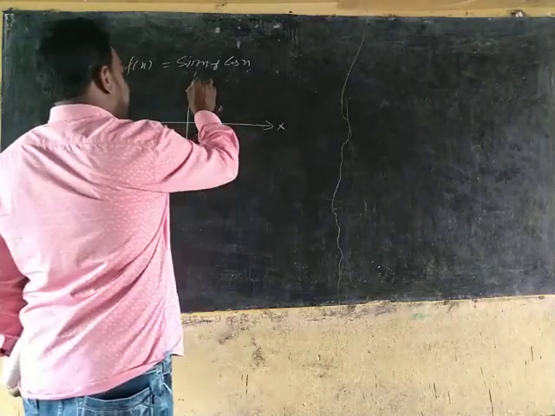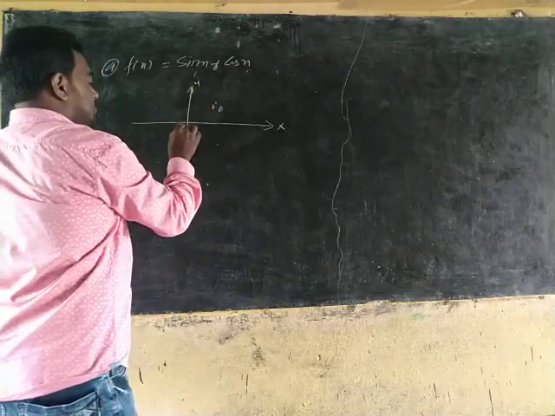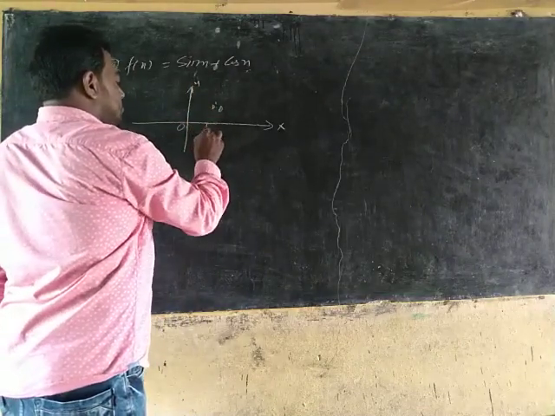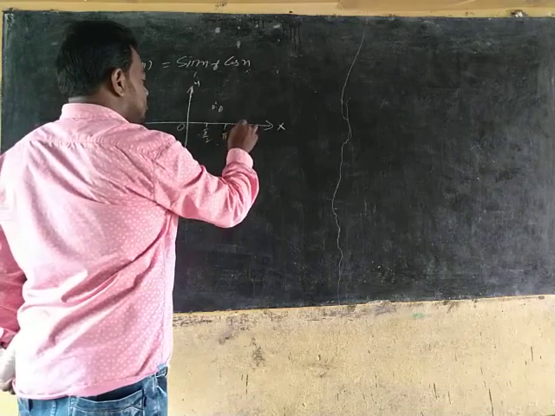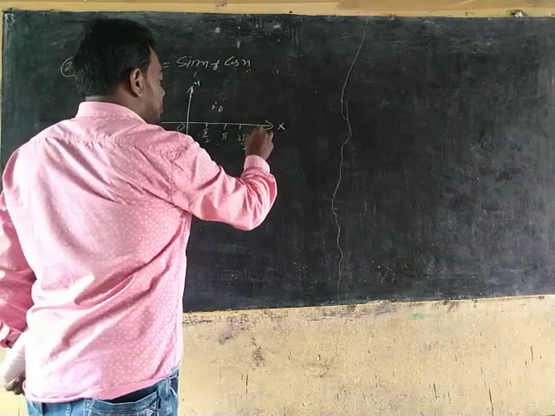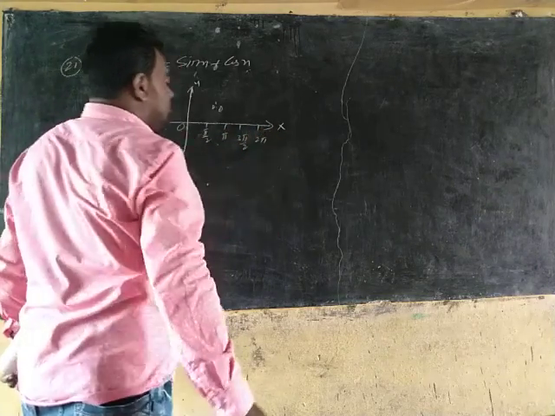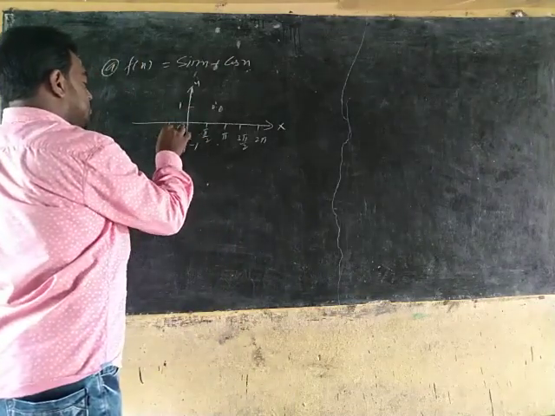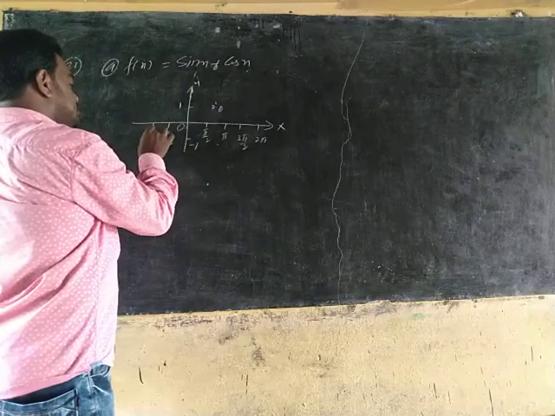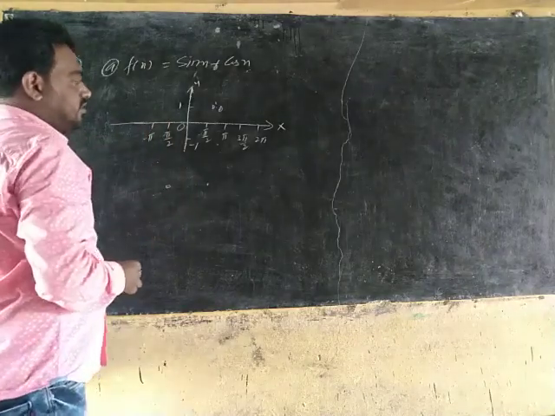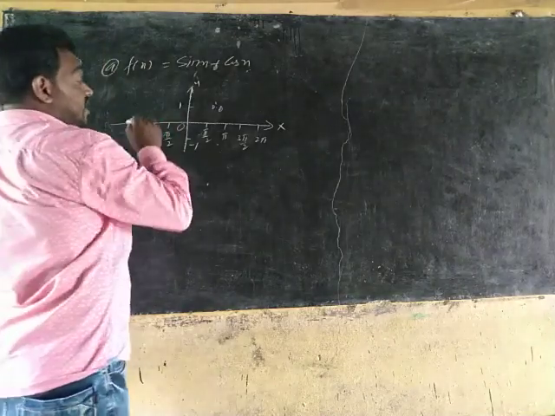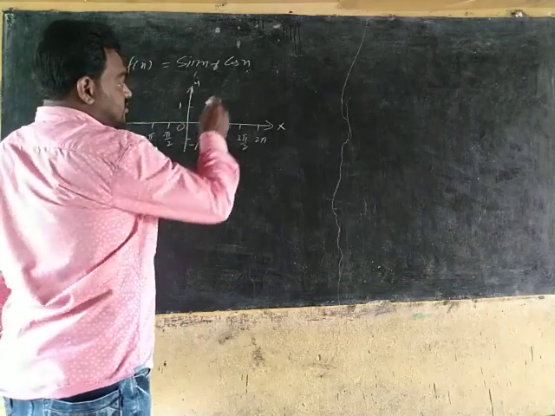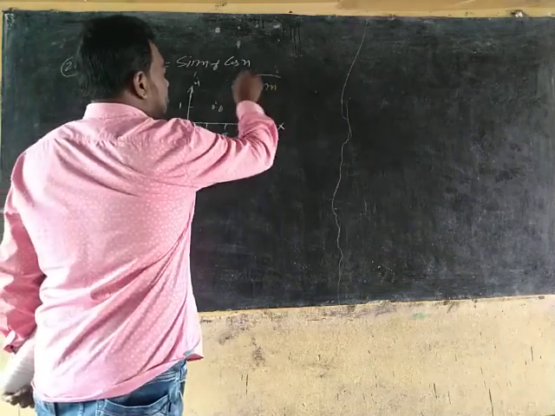Once you see the x axis, y axis, origin, this is pi by 2, pi, 3 pi by 2, 2 pi, next to 5 pi by 2, like that we are writing. Here plus 1, minus pi by 2, minus pi, like this we are writing. What I am discussing in this video, in this graph, is the sin x graph, you see.